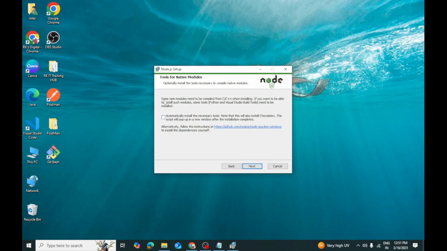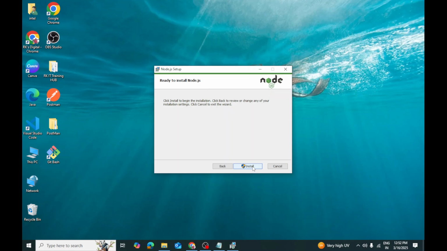And then if you see, some npm modules need to be compiled from C++ when installing. If you wanted to install such modules, some tools, Python and Visual Studio build tools, need to be installed, and you have to check this checkbox. For now we don't want any of those, that's the reason I'm not checking this checkbox. Click on the next button, and finally click on install. Once that is done, Node.js will be installed onto your system. It will take a couple of minutes,